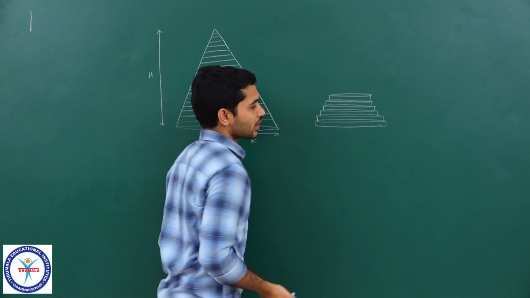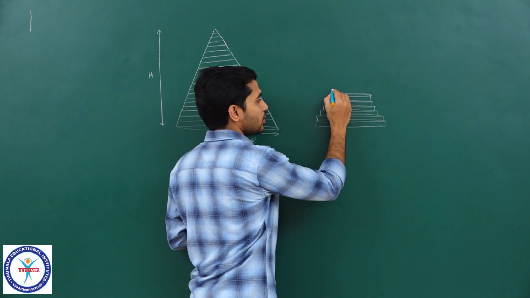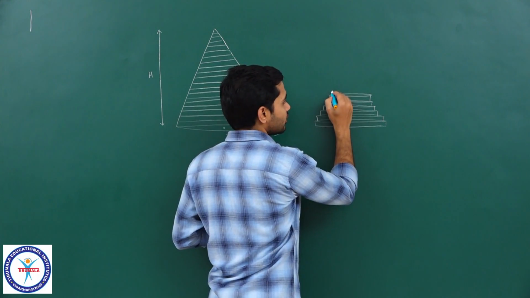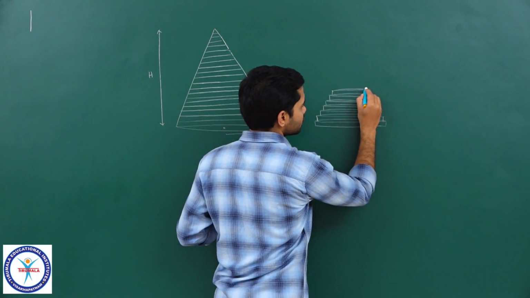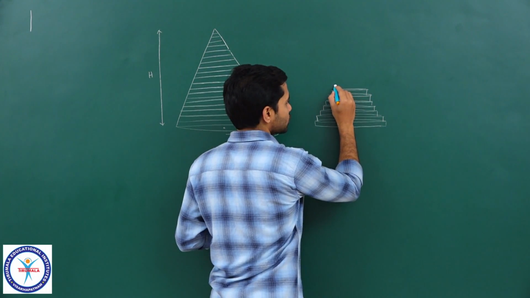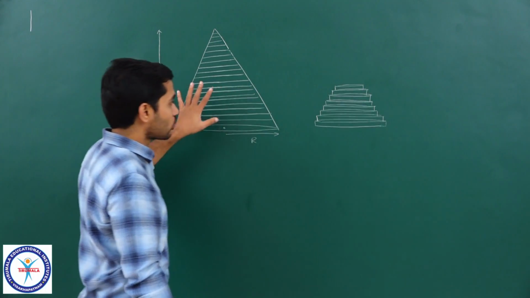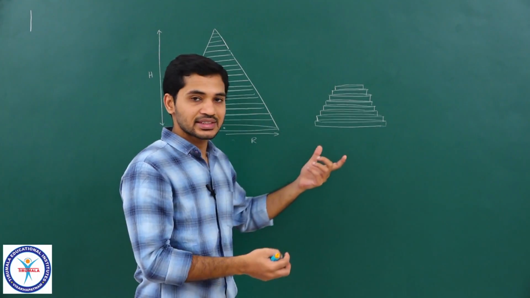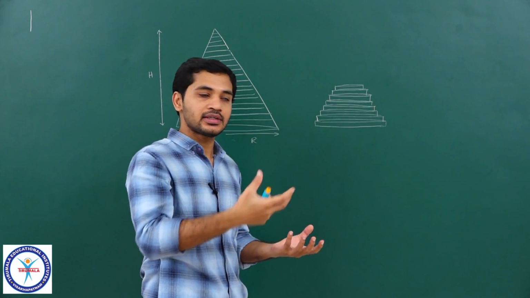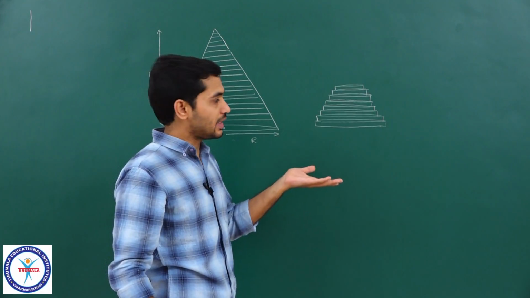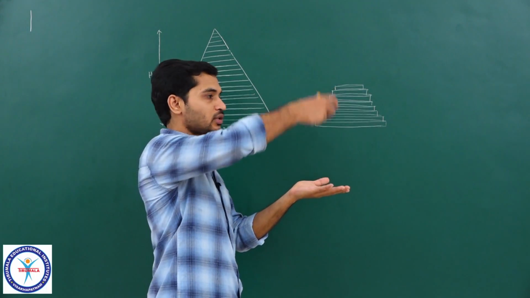In this manner you can see that I am placing disk upon disk upon disk, right? And I think you can easily understand what this is eventually going to form. This is eventually going to form a cone-like structure, correct? So that is what we are going to think of this cone as: many disks of different radii stacked upon each other, of decreasing radius, one upon the other.